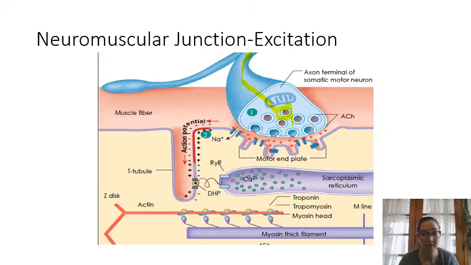Those vesicles are going to then undergo exocytosis. They're going to merge with the edge of the membrane and then push their contents out into the extracellular space. And their contents are acetylcholine. So the acetylcholine moves into the synapse, which is the gap between the nerve cell and the muscle cell. And that acetylcholine is going to be picked up by surface receptors here on the surface of the muscle cell. When the muscle cell receives that message of acetylcholine, it's going to trigger a change